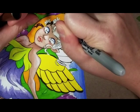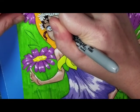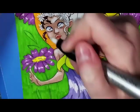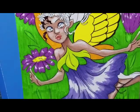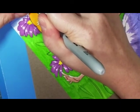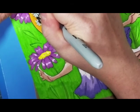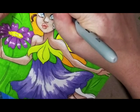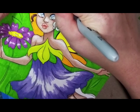And since there are so many teeny tiny finicky areas, I really need to be careful with this. Just sort of take my time. And I definitely